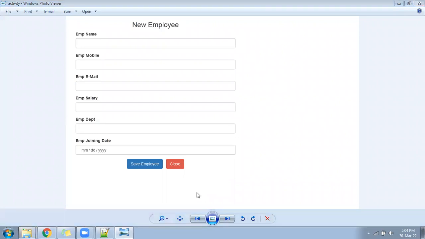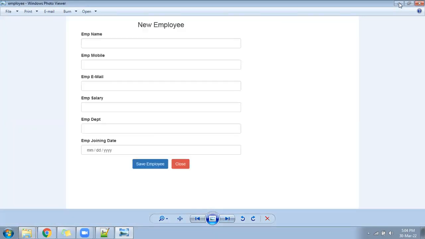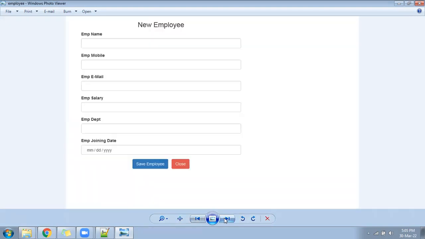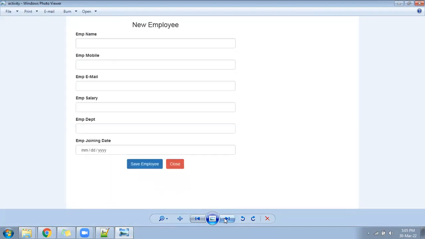Let us go for the next photo. It is this one. Similar design, but the number of fields is different. One was the new activity, this is called new apply. Or are both the same? Hold on one second, let me check whether both are the same or different. New employee, oh, that was also new employee only. Both are the same, new employee.